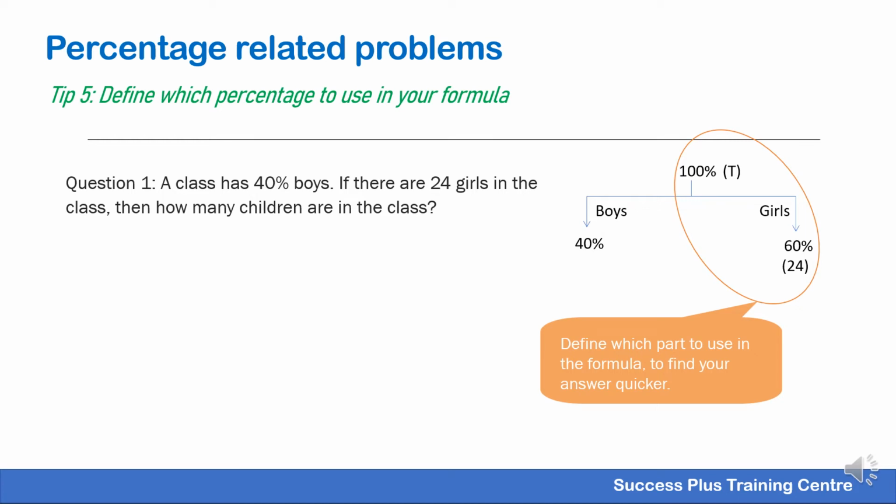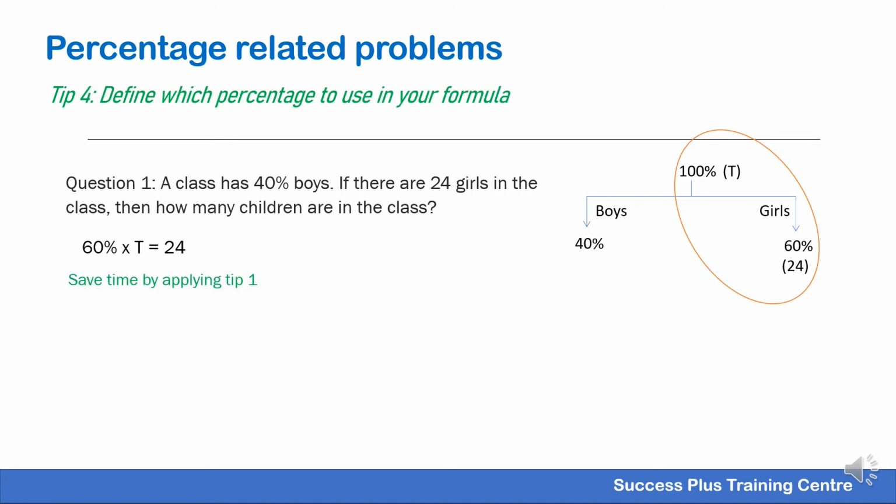So it would be a lot easier for us to take this part of the tree to work with, which is on the right hand side, to find out the total number of students in the class. Now we know that 60% of the total number of students equals 24. Using